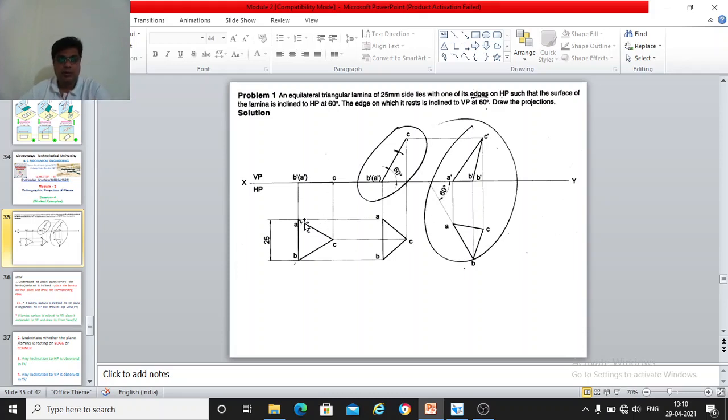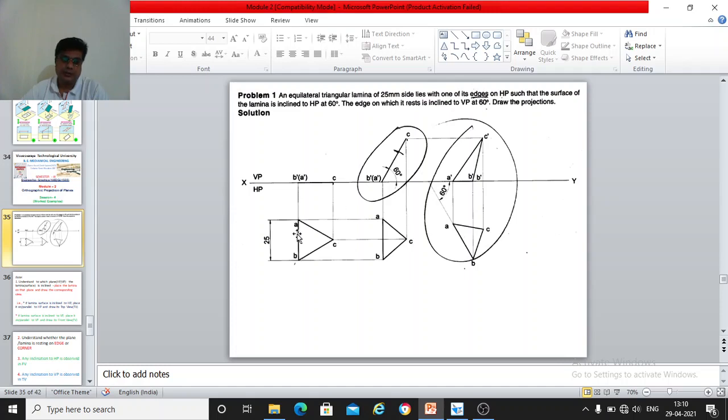So first we'll draw the top view of this triangle, whose shape and size is known. In the top view I can see the plane, because I am keeping the plane on the HP. At the same time, observe whether the plane is lying on an edge or a corner. It is given here that it is resting on an edge, so the plane is lying on one of its edges.